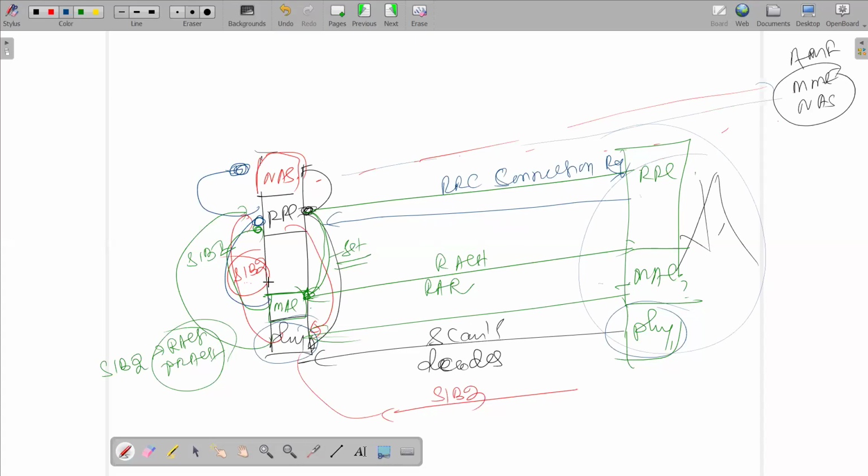So RRC tells the NAS, I set up the connection, what to do? Then the NAS tells it, please transmit this message. Now that message will be transmitted in the RRC connection setup complete. So here the NAS message will go. This NAS message goes to